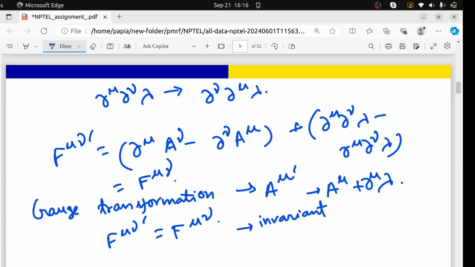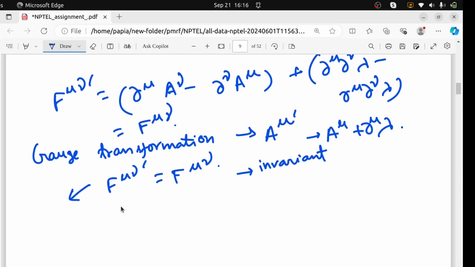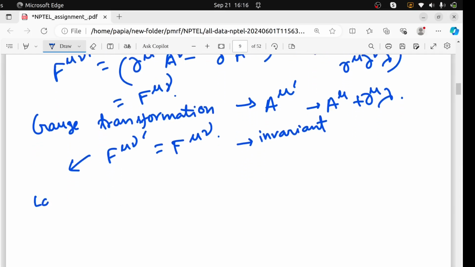But in that question, they are asking whether it is Lorentz invariant as well as gauge invariant. So obviously we have seen that it is gauge invariant, there is no problem. But we have to check whether it is Lorentz invariant or not. So to check the Lorentz invariance,